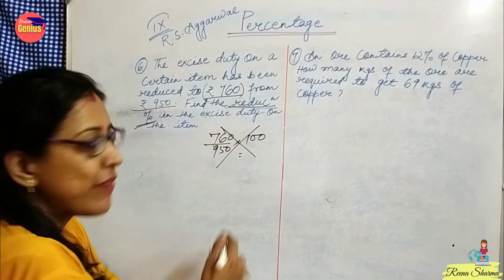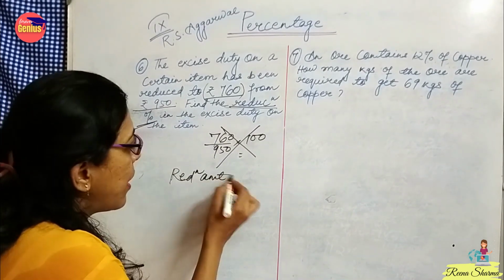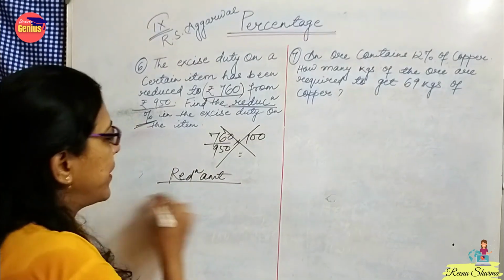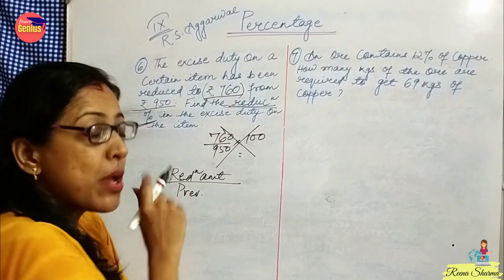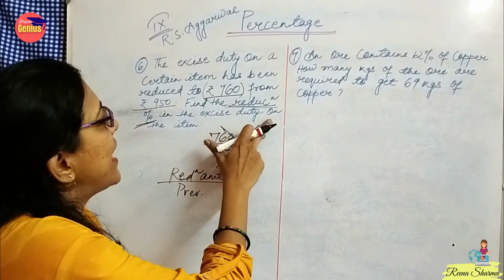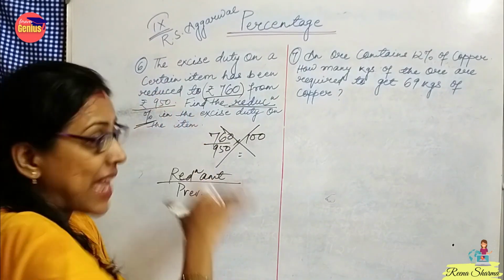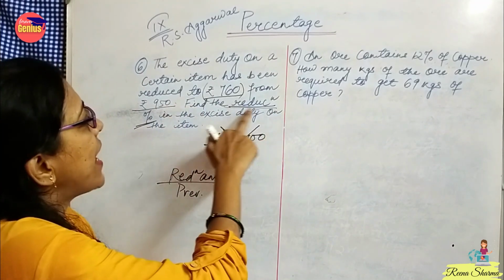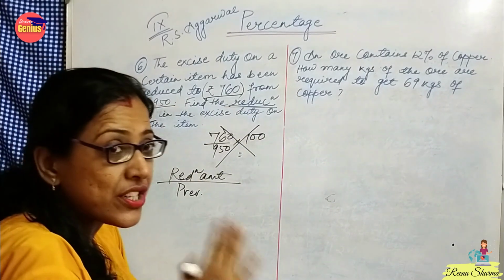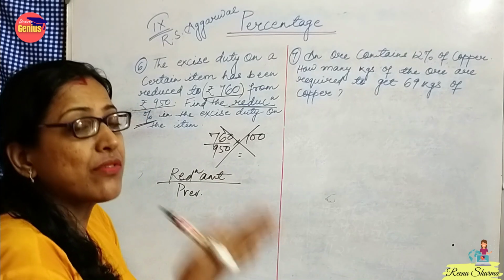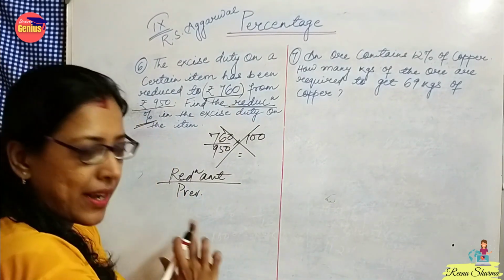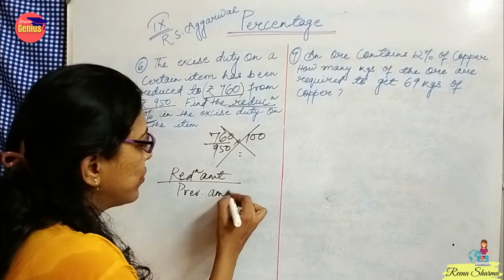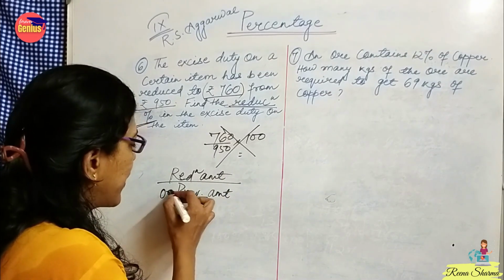So the formula for this will be reduction by previous amount. Why are we taking the previous amount? Because the percentage is being decided on 950. They are asking the reduction on the original price, not on the price which we have obtained. So we will not take 760 here, we will take 950, the previous amount, or the original amount, we can also write,